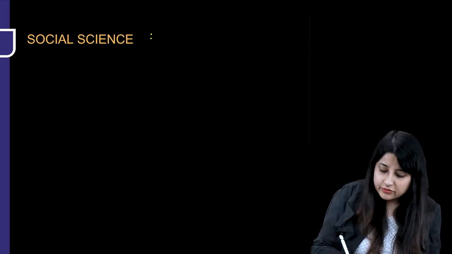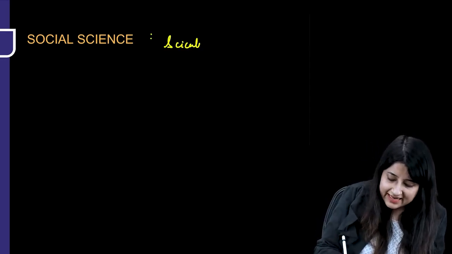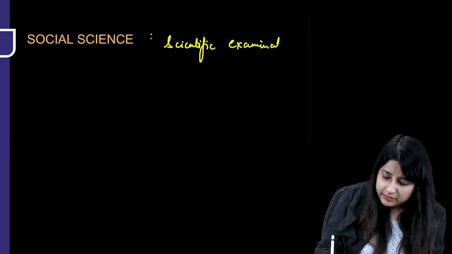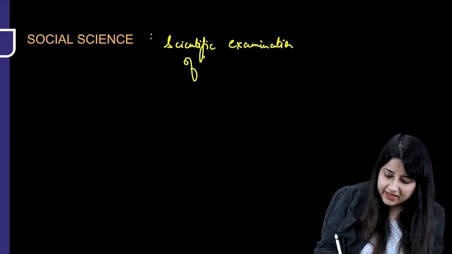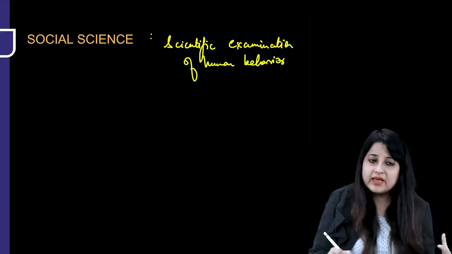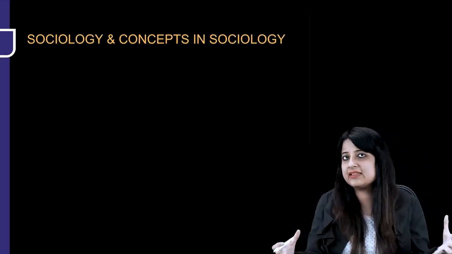All right, so what is social sciences? Now basically this is, like I said, a chapter of definition. So we've done this before also. It is scientific examination of human behavior, okay, looking at human behavior scientifically. So scientific examination of human behavior is what is social sciences, okay. Everything we need to give a look scientifically.